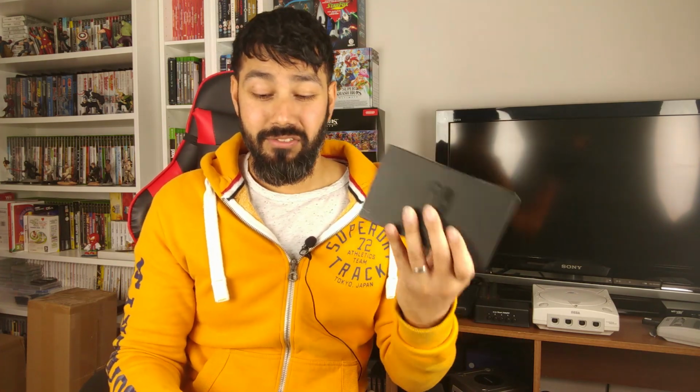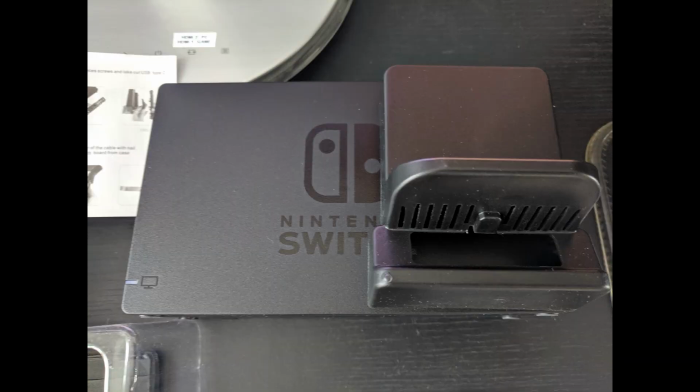Now the official dock was the one that my wife bought me for my birthday present, so I'm not gonna harvest this. I absolutely love this, and I'm gonna obviously keep that officially. But I did realize that I did need a spare plug, and a second dock would have been handy. I would have used this one, but I don't want to. I still like the way the official dock sits, and also I got that little